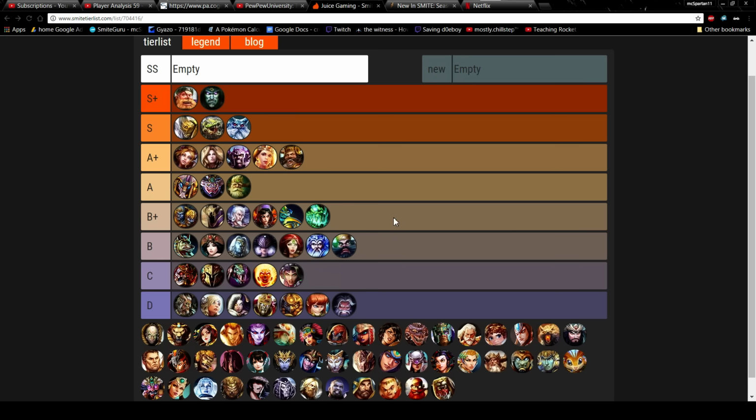So, yeah, that's a rundown. Just a little summary, what I said before. Cabrakan, definitely pick it up, because you're not playing him as support. Definitely pick him up in every game mode. Bacchus, a little bit worse. You could pick it up in...